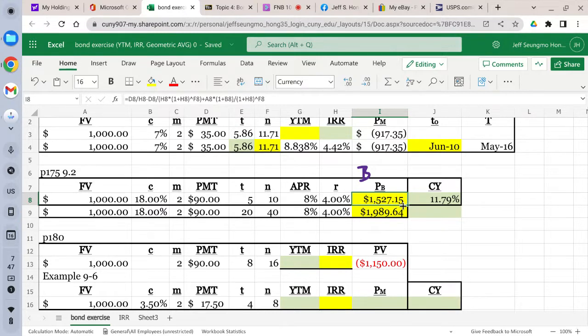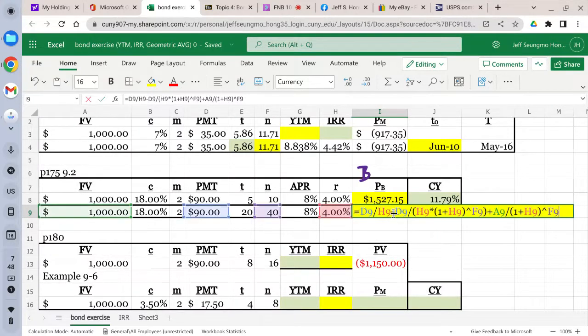1,527, which is, think about it, that's a premium bond. That has to be a premium bond. Well, who pays 18%? And the discount rate is way above, right? So even with only 5 years left, it's worth that much. Now, if it is just a regular bond, not callable, 18% goes on for 20 years, right? Currently 8%. It will have to be valued this high, right? This one is, of course, just regular 1,000, right?